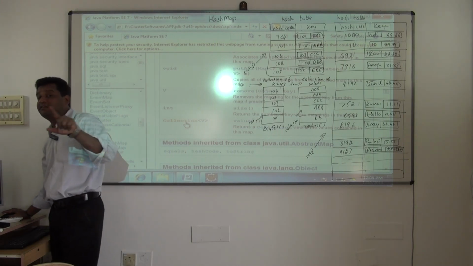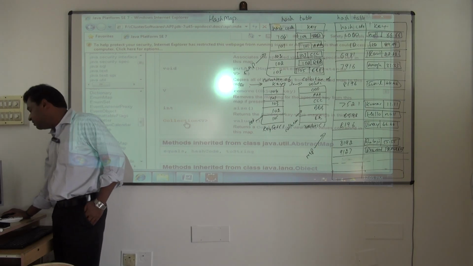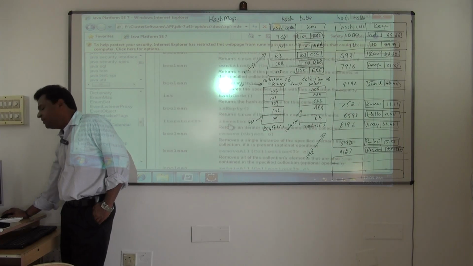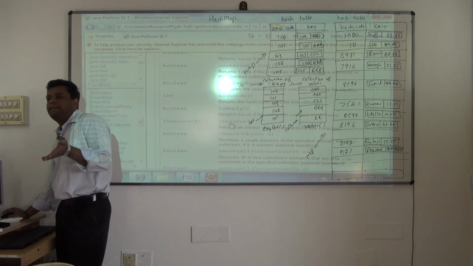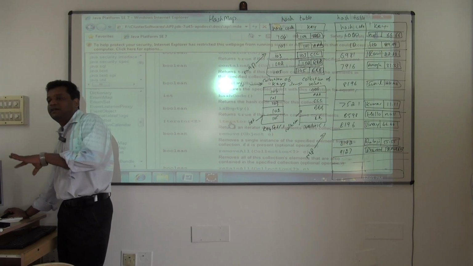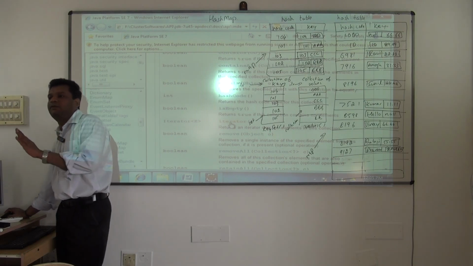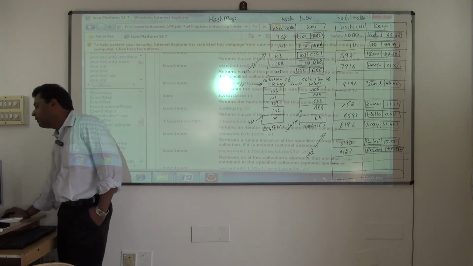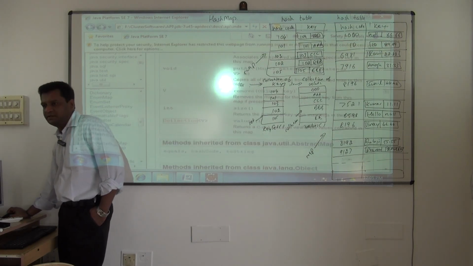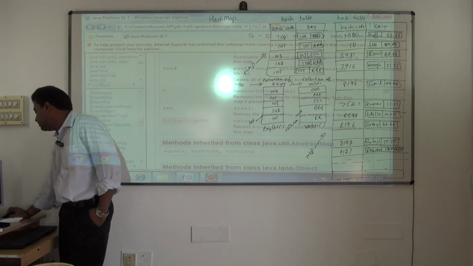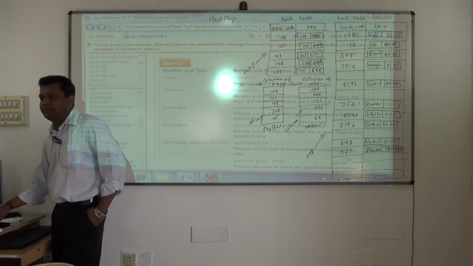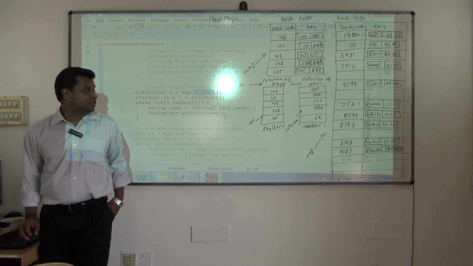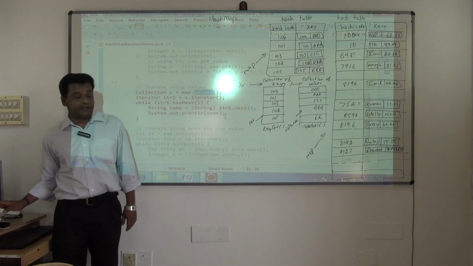In that interface you have a method called iterator. So when I say map dot values, I'll get the return type as Collection. In Collection I'm calling the iterator method. Simple. So you should know how to go on calling the methods. Java is all about calling methods. Nothing more here. You should know which method to call when. All the logic is readymade. You just have to go on calling it. So done. I can iterate through a collection of keys, or I can go through